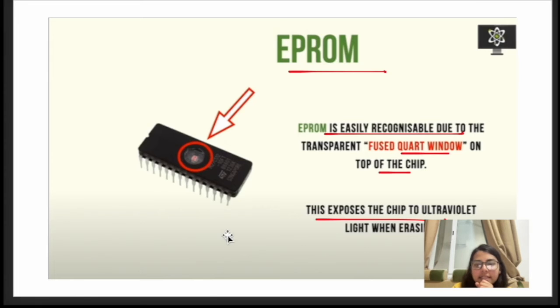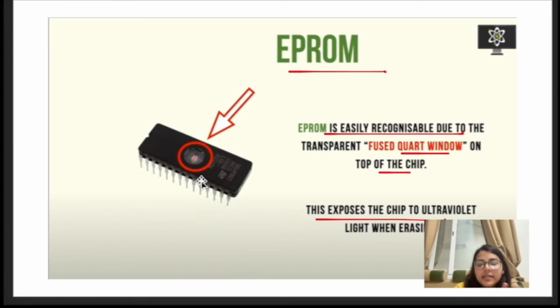It is easy to recognize because on the top of this chip you can see a fused quartz window, and this area allows the chip to be exposed to ultraviolet light when erasing